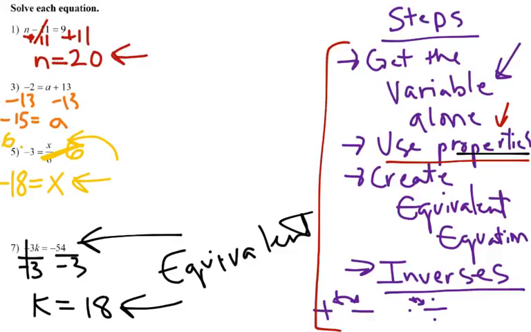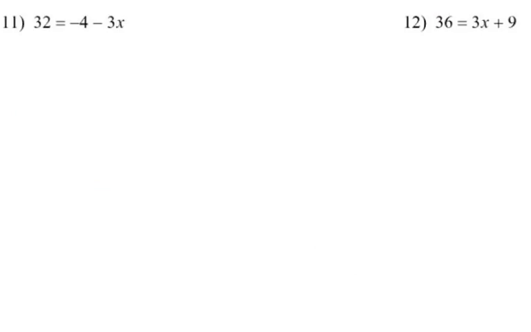Let's take a look at some harder ones. So this time in 11 we've got 32 equals negative 4 minus 3x. So that x is first being multiplied by 3, then we're subtracting it from negative 4. So I'm thinking I've got to work backwards from this. That's what I'm thinking. So I'm going to have to first get rid